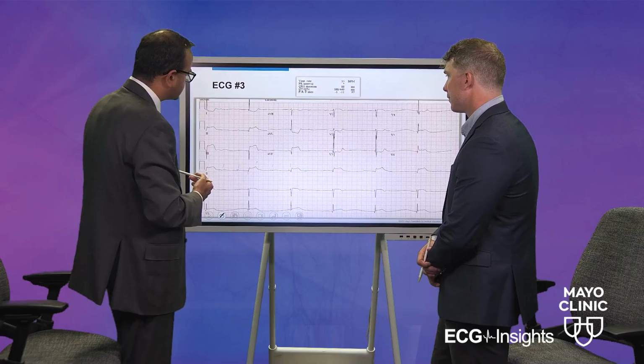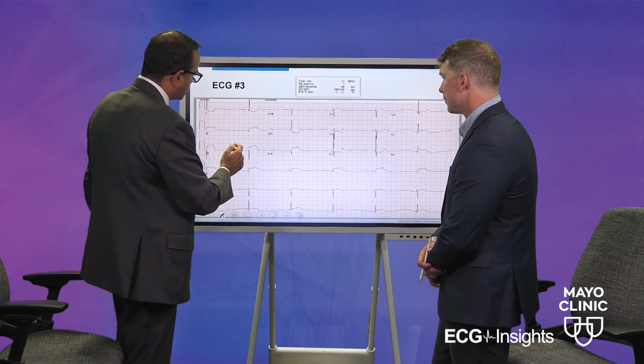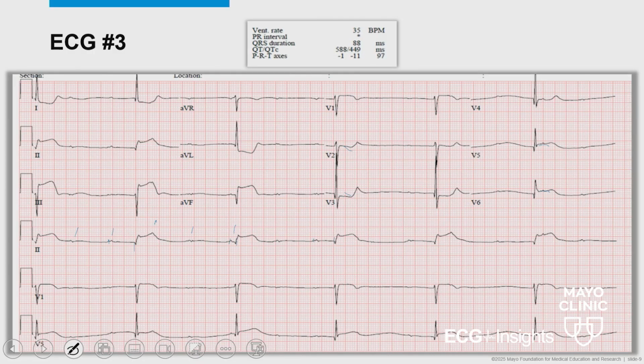So if you go back to that ECG, Alex, you can clearly see you have ST segment elevation. You can see your ST still elevated in lead 2, but you already have a Q wave now in lead 3 and lead AVF. Absolutely. The ST segment is still high, but you look at the Q wave. The Q wave is maximum in lead 3 compared to AVF compared to lead 2.